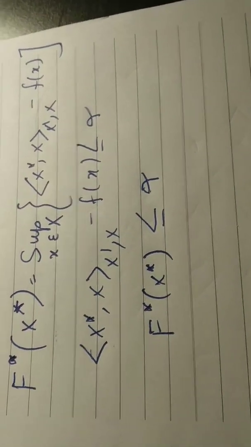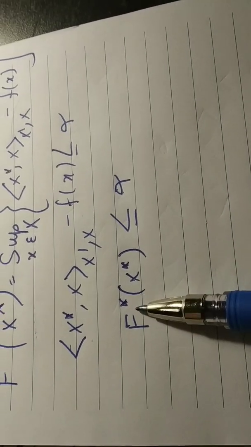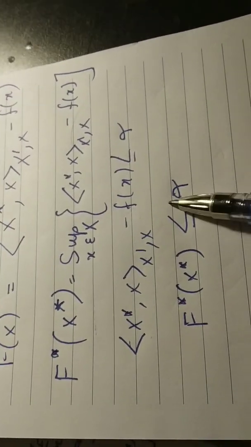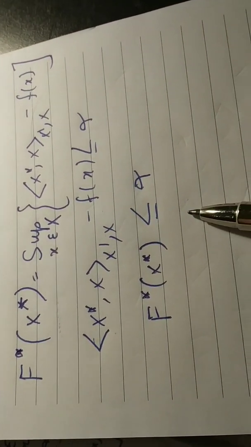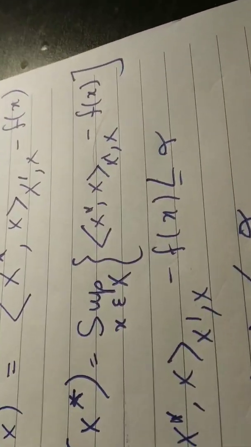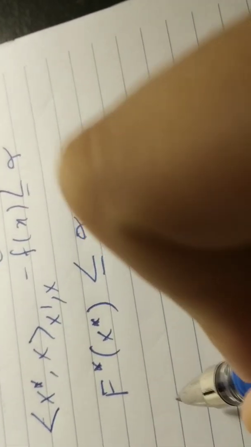ठीक है, ये आपने नोट कर लिया। Note that f conjugate is smaller than or equal to alpha if the continuous affine function is everywhere less than f। अगर continuous affine function जो है ये हर जगह पे फंक्शन से छोटा हो, is everywhere less than f।